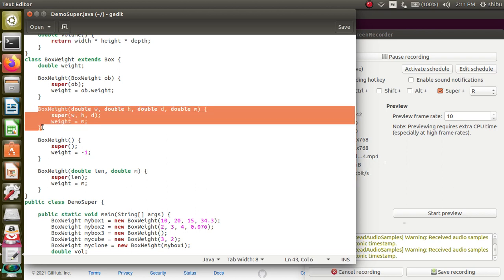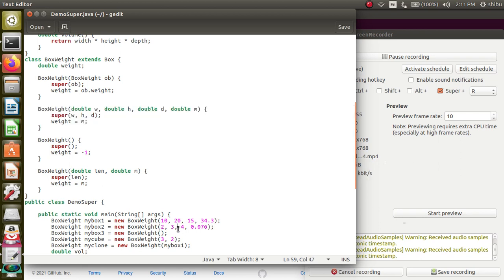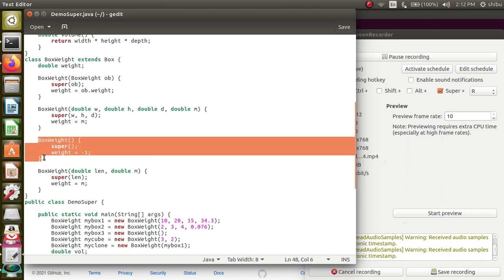In that case also it will execute this one. That means as it is having 4 parameters of type double, then definitely it will call box weight double W, double H, double D, and double M. Okay. Then after that, if you are calling or creating my box 3 and it is having a parameterless box weight, then what will happen? See here, box weight without any